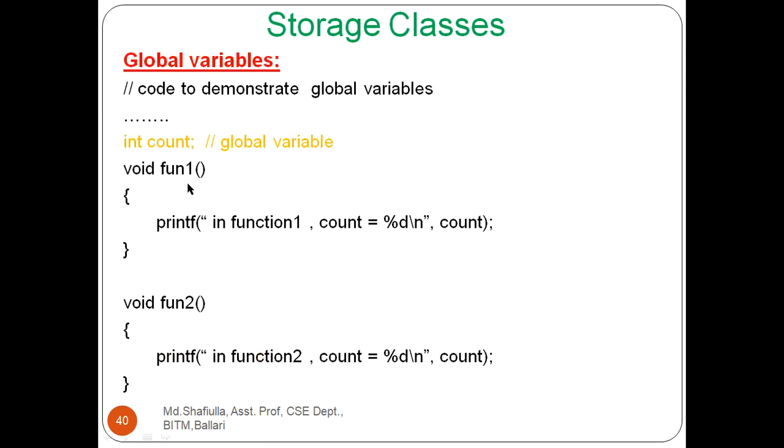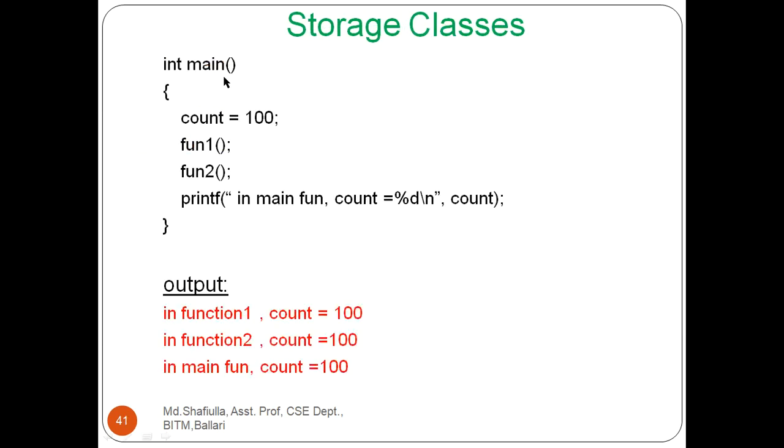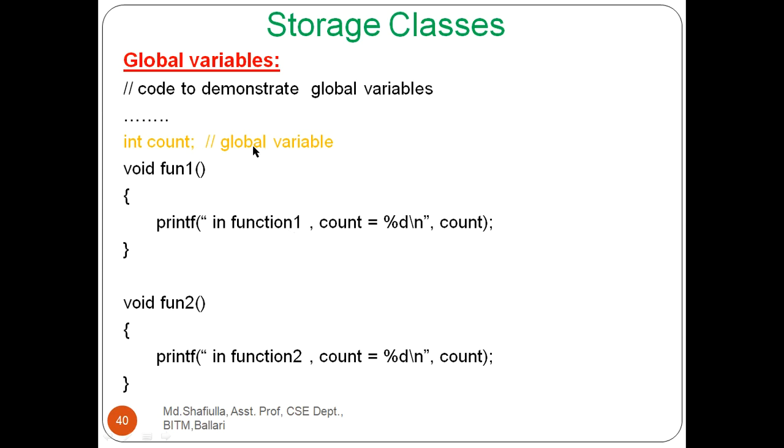Sorry, I am not calling a function, I have written a function definition. Function 1, wherein I am printing the count value. Again I am writing another function definition, wherein I am printing the count value. Now this is my main function, and you know that execution always begins with the main function. And I said in my previous classes that I can write a function definition either before the main function or after it. Normally we write after the main function, right?